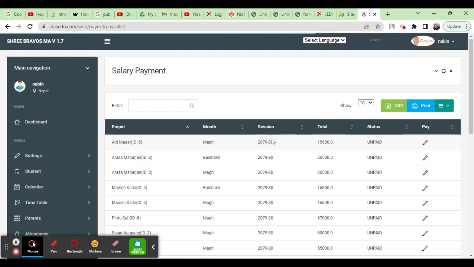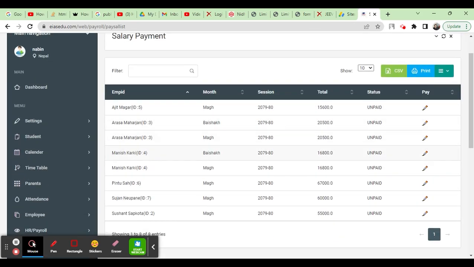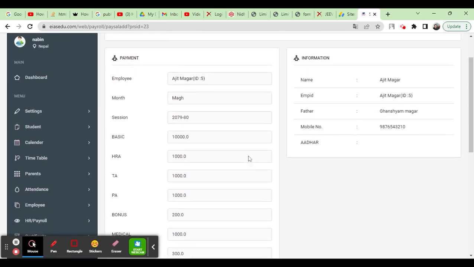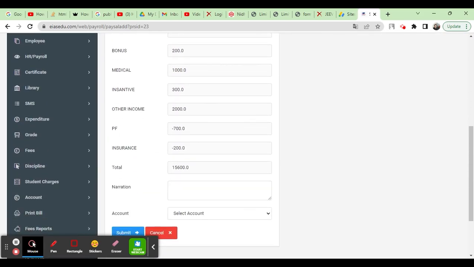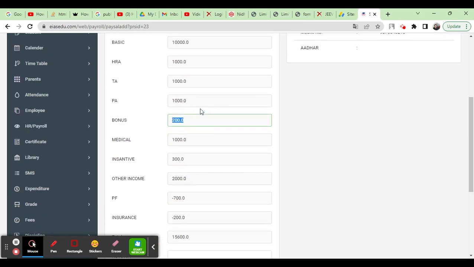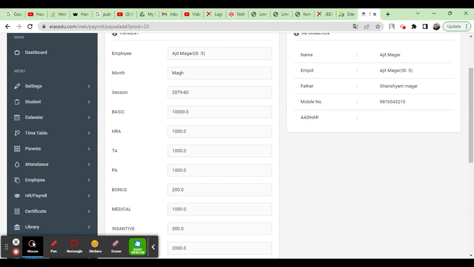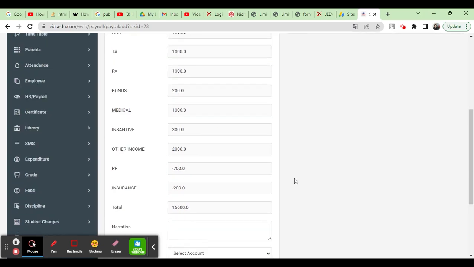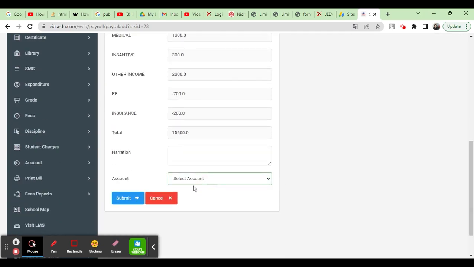And now you go to pay salary. Pay salary is nothing but you see these are the things, and you can go and pick. Suppose Ajit Magar, this is marked, it is already in the salary generation. Here it will give you a list of the unpaid salary only. Now you see PF is deducting; it will come automatically, you cannot do anything. All this data is read only, and you can only put in the narration here, and once you submit, then it will give you